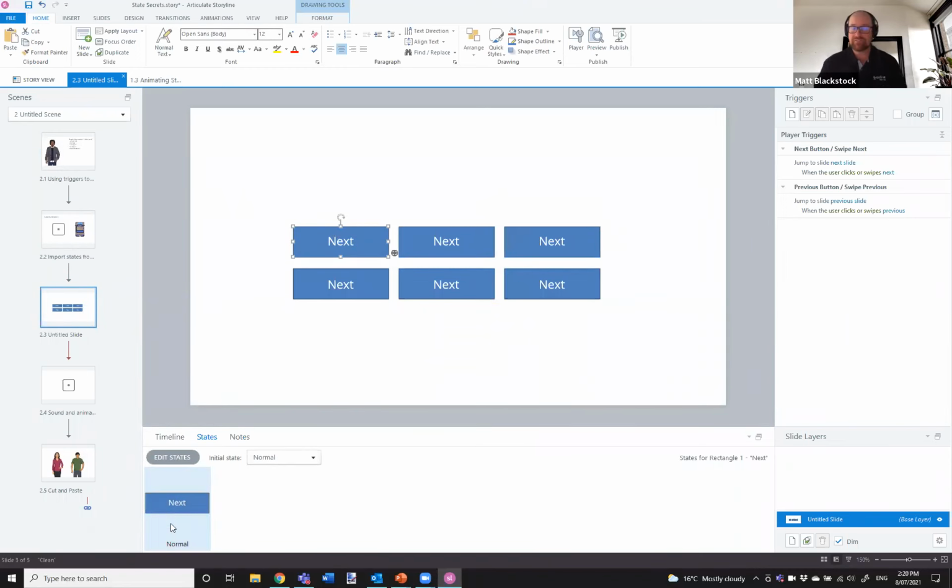So I've just created a shape. I'm going to make my buttons out of normal shapes. Now this will work with the buttons as well if you insert the buttons, but I like to get back to a bit of the raw stuff and have a look at the basic shape. So all I'm going to do is edit the shape